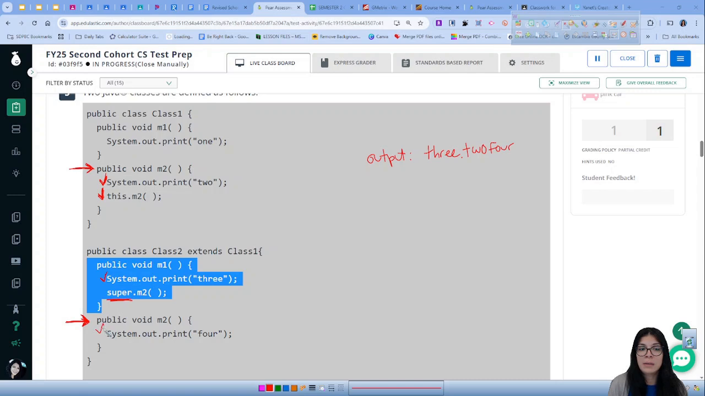Once that is done, which it is because it was only one line of code, that means that now super.m2 is done, which means that this line of code is done, which means the entire M1 method is done running as well. So we are completely done here. The print will be 3, 2,